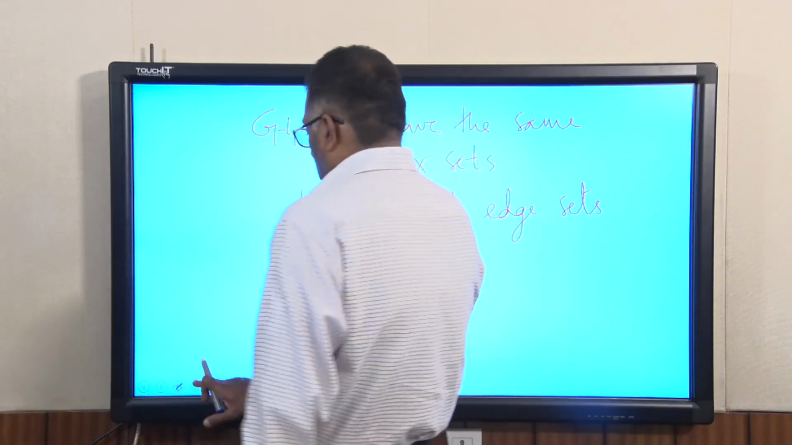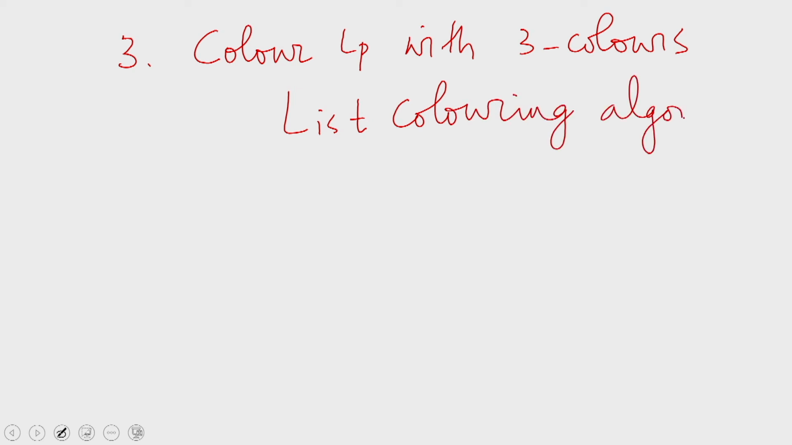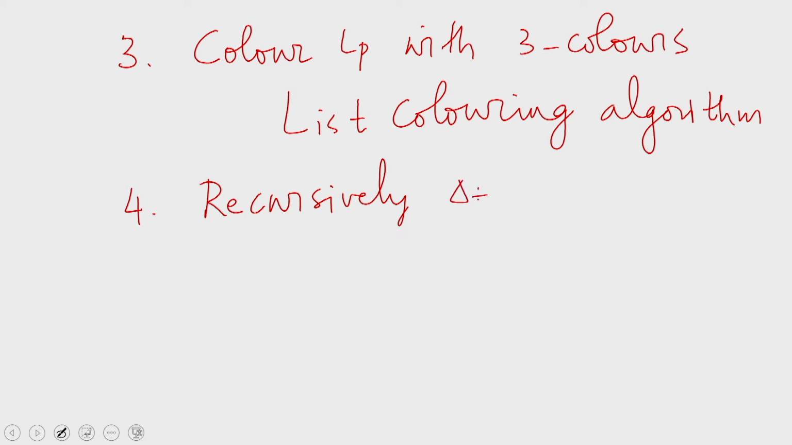So, here what we do is, in step 3, we color LP with 3 colors using the list coloring algorithm. And let us say we recursively delta plus 1 color